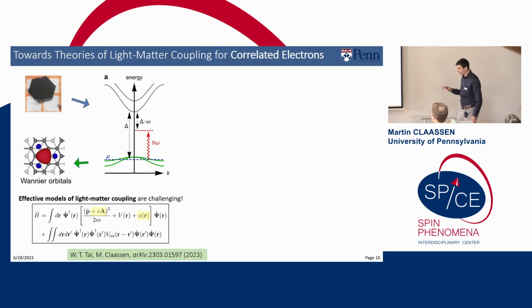But now let me bring optics back into the picture and argue why such systems are really, really hard to model, particularly for correlated electrons. So the very naive picture that we can take is, imagine you have a solid with a band structure that looks something like this. Here's your chemical potential, the dashed line. So this is my low energy band manifold in which all of the correlation physics of interest will take place. And then I have some band gap to higher energy inert bands, or I might also have lower energy inert filled valence bands that I really shouldn't care about at low energies.